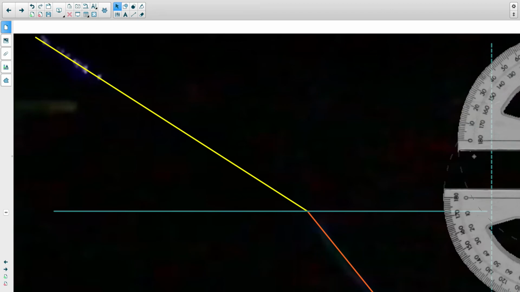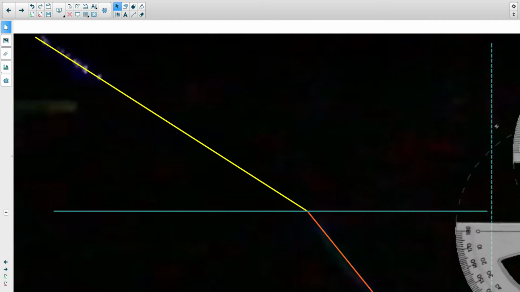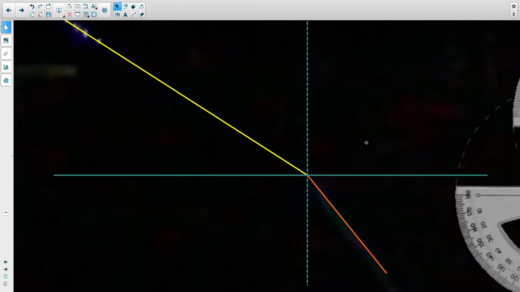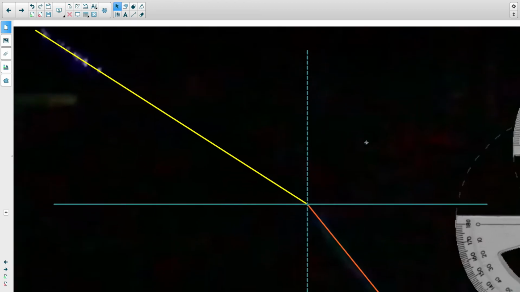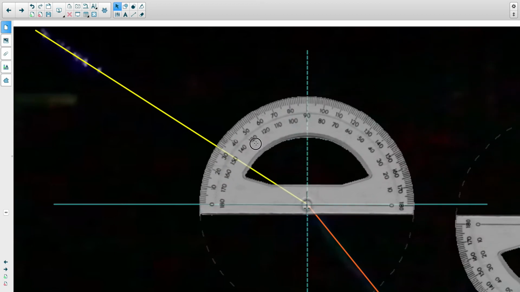Yes, I pre-drew these. I came and checked it out. You throw a normal line in here. Throw a normal line in here. There it is. And you do a couple measurements. Oh, you find out some pretty cool stuff. Like, first off, what's the angle of incidence? Well, let's set this up right here. Angle of incidence looks like about,